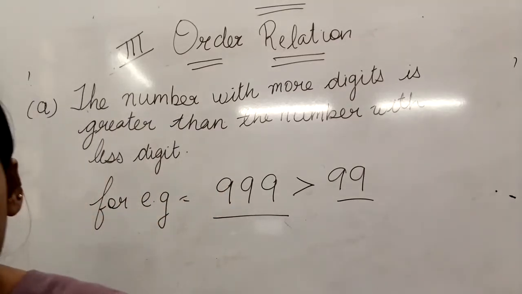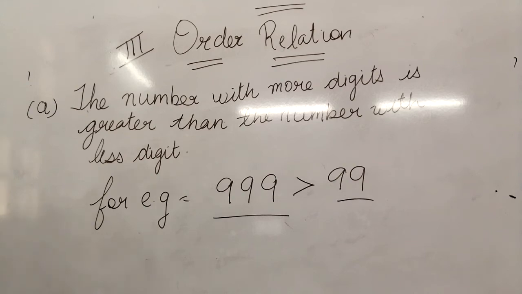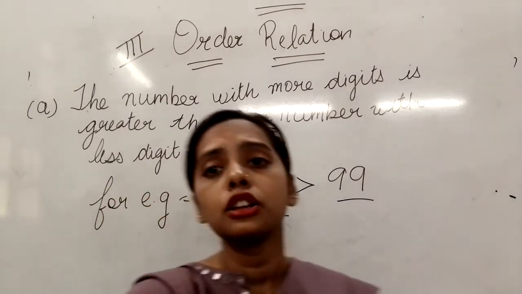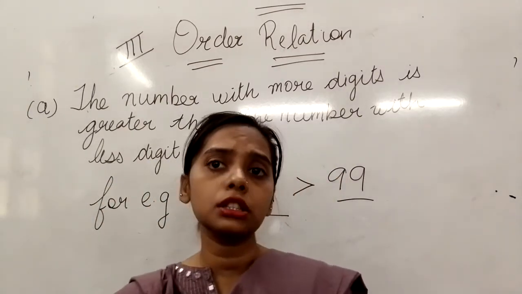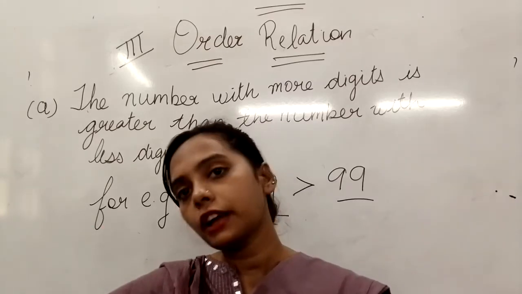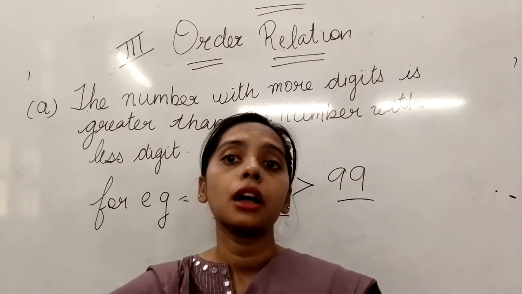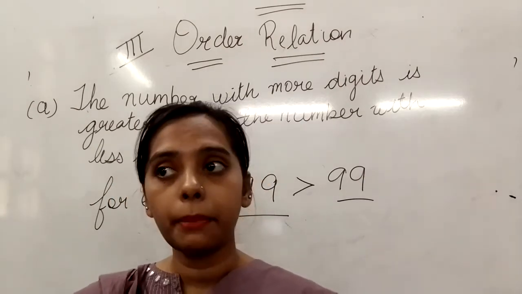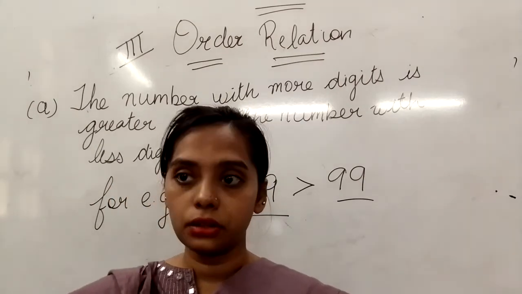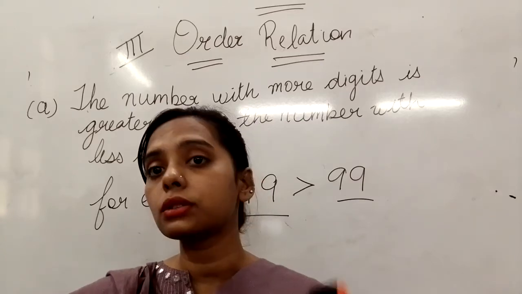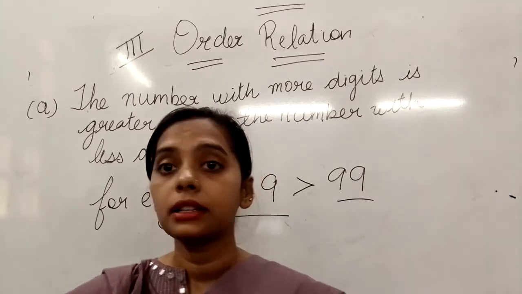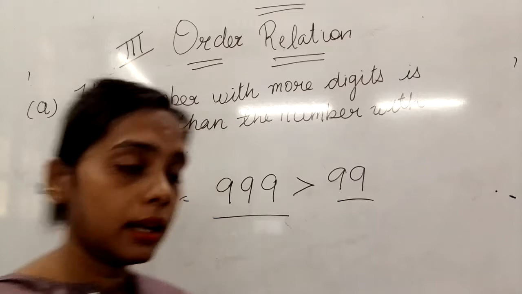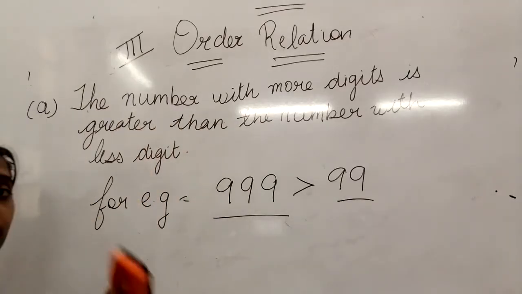Okay, so I will erase this. We will write the next point. Now next point में हम क्या करेंगे? Now you will ask me कि मैम ये तो 3 और 2 digit है, 4 और 5 digit है, 3 और 4 digit है, but what if the numbers have an equal number of digits? For example, दोनों numbers के digits equal हैं, तब आप क्या करेंगे? So in that case we will write another point.